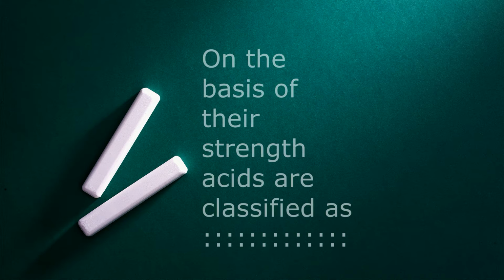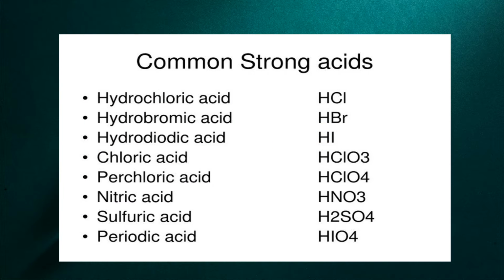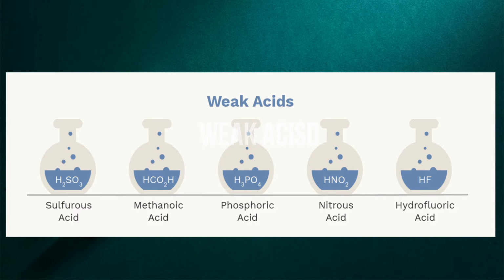On the basis of their strength, acids are classified as: A. Strong acids, which completely dissociate into their ions in aqueous solutions. Example: nitric acid, HNO3, sulfuric acid, H2SO4, hydrochloric acid, HCl. B. Weak acids, those acids which do not completely dissociate into their ions in aqueous solutions. For example, carbonic acid, H2CO3, acetic acid,